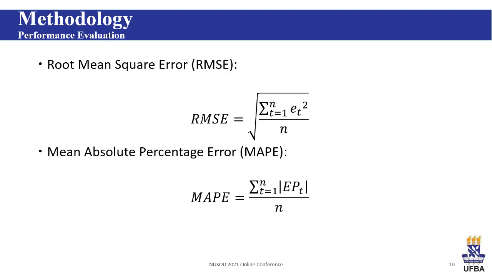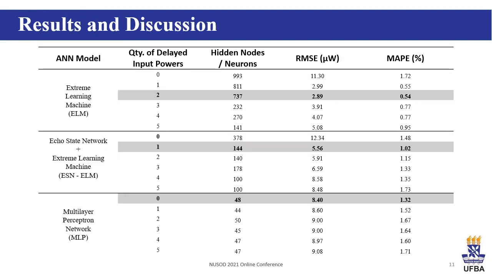Additionally, in order to validate the proposed model, two widely used performance parameters were chosen: the root mean square error and the mean absolute percentage error, and their respective equations. Here are our results for each configuration of the model as explained before. The best result of our model, using ELM, was obtained with 2 delayed input powers and 737 hidden nodes. This configuration resulted in an RMSE of 2.89 and a MAPE of